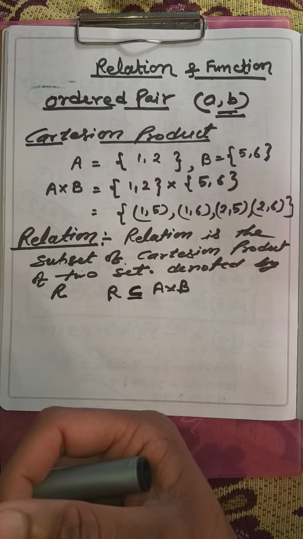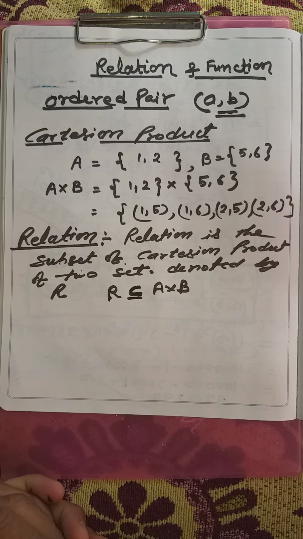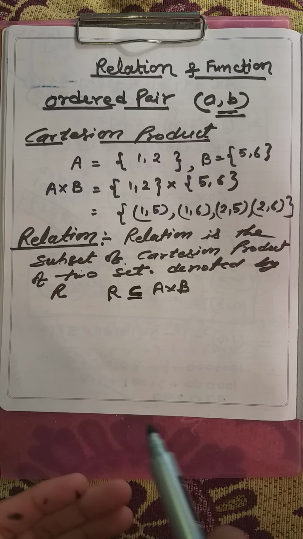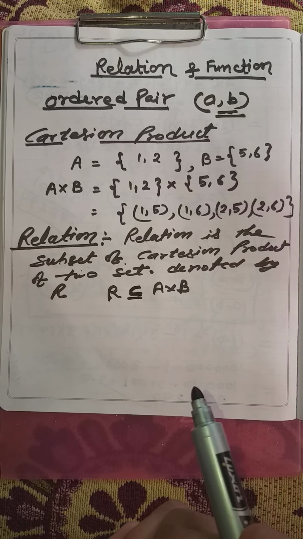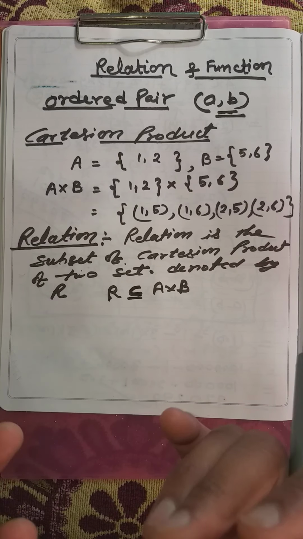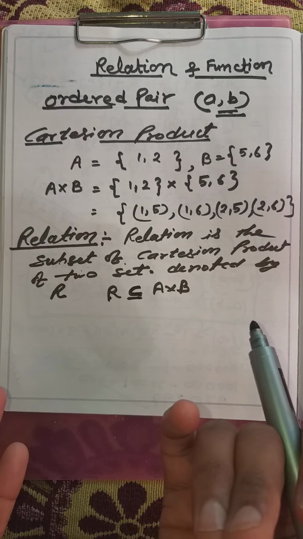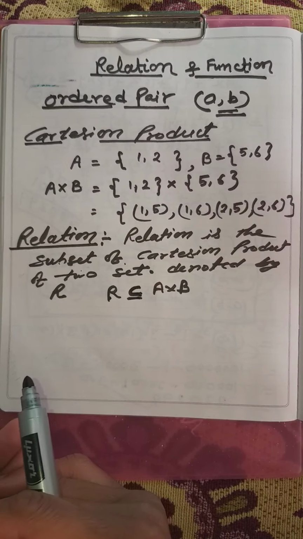If I compare this relation with our day-to-day life, let us suppose we have a family A and a family B. Family A has two members, let us suppose Ram and Shyam. Family B also has two members, Gopal and Sohan. So the relation is a subset of the Cartesian product of these two families. Each family is a well-defined collection, so it is a set. So we can give examples like any other.